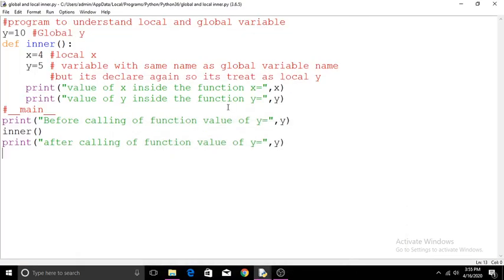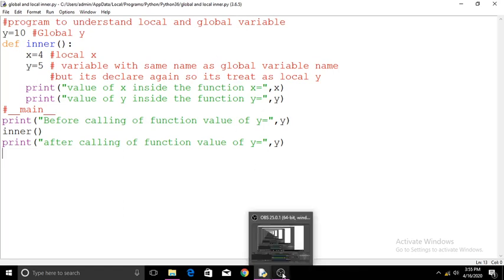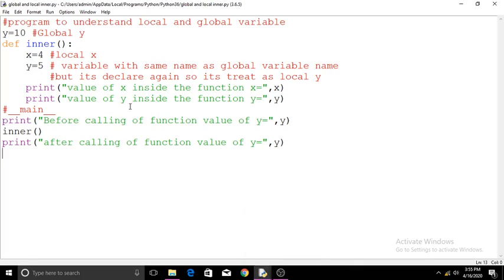One more time we will try to understand local and global variables. This topic, as per the CBSE syllabus, is very important, so I am focusing more on this topic. Here we will discuss local and global variables and how they behave in the program. I already told you, a variable declared outside the function definition is a global variable. If the variable is declared before the function, outside the function definition, it is global; inside the function, it is local.